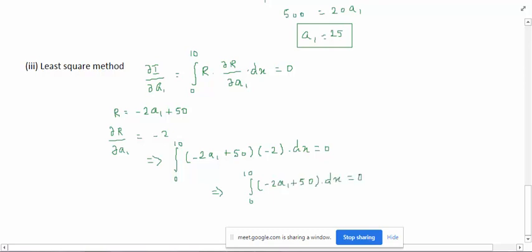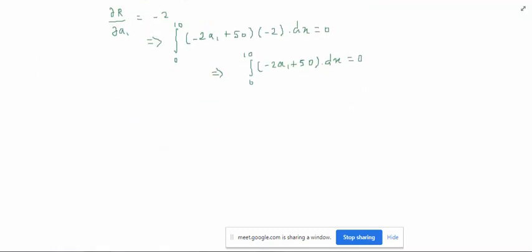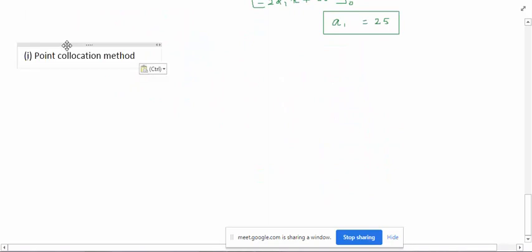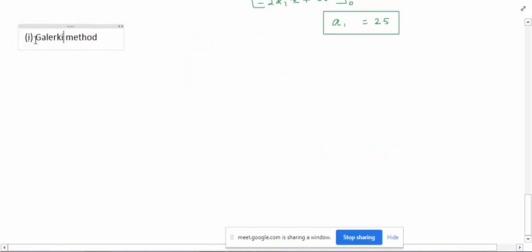The minus 2 is directly a constant, so we can make it 0, and the remaining thing is we have to integrate this. We can get the value of a1 that is equal to 25. Okay, so this is your third method. And the fourth method is Galerkin's method. Here we have a formula of integral 0 to 10